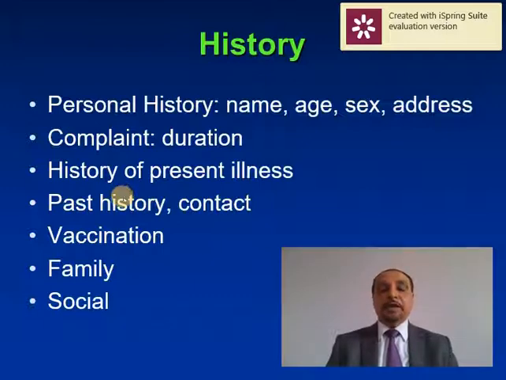That's why, in the history lecture you were given before, during the history of present illness, in case of infection we have to write the history of contact. Vaccination is important, to know whether this child is vaccinated against meningitis or not. For example, Haemophilus influenzae type B given or not, pneumococcal conjugate vaccine given or not,